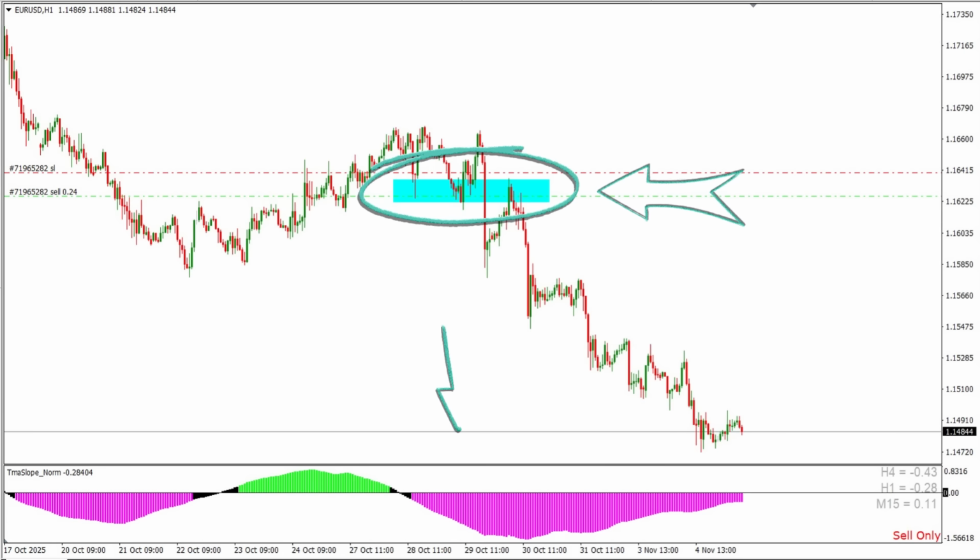Now you might ask me, why, sir, on the first candle? Because the TMA has already told me that the trend is bearish. So when I know that the trend is bearish, and the price has reached a zone where earlier it was a support, now it's a resistance, there is more chance that the price can continue going down from here. Again, remember, it's a probability, but still the chances are very, very high. So I enter a sell, and you see how magical this is.